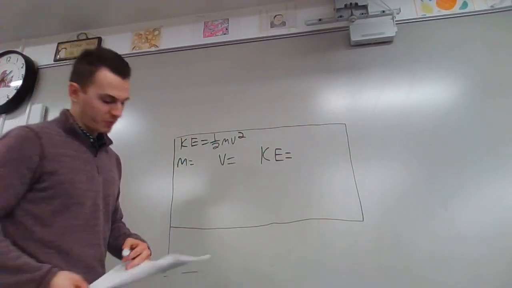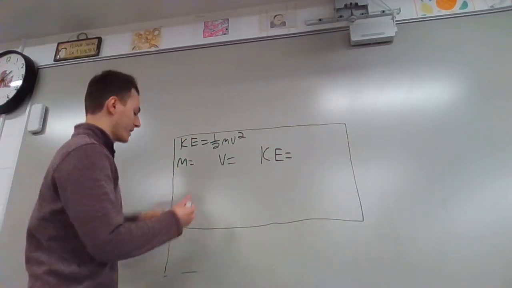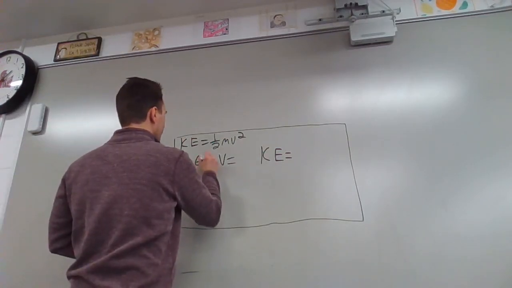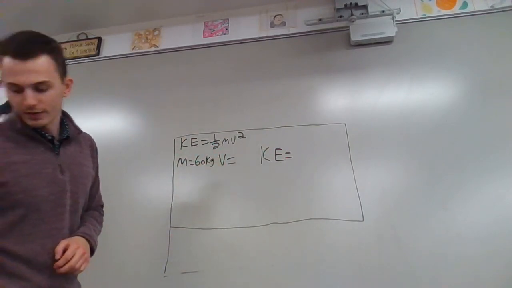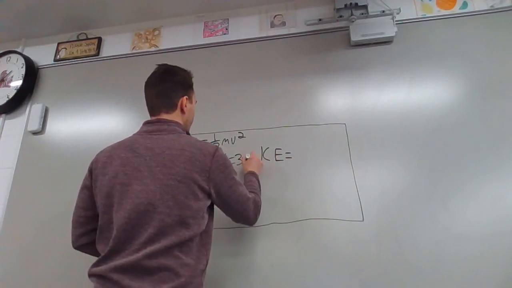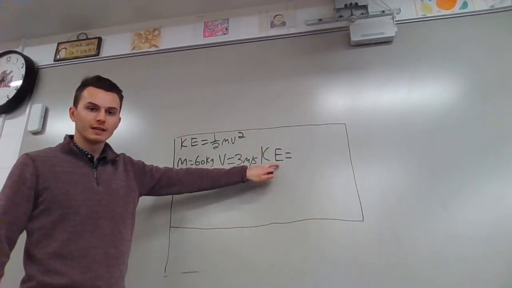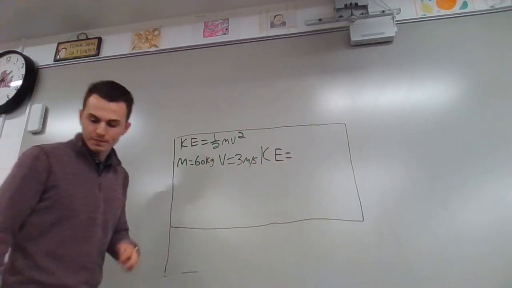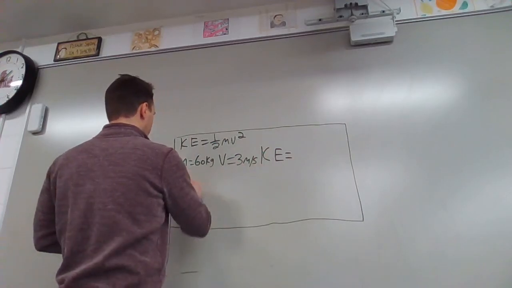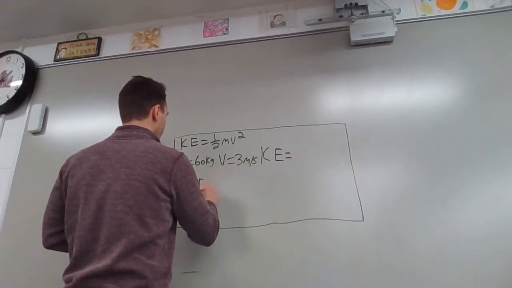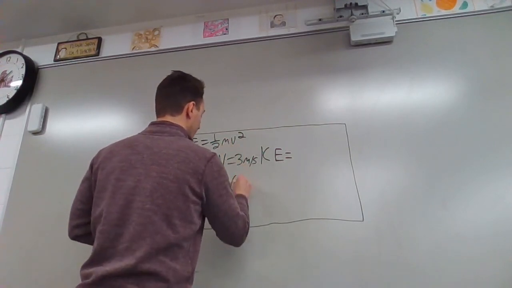In this example, you're given mass and velocity. So m is mass, and they said it's 60 kg. Then velocity is 3 meters per second. So fill that in. So the one we're solving for is kinetic energy. What I'll do is plug all this in. So kinetic energy equals 1/2, 60,